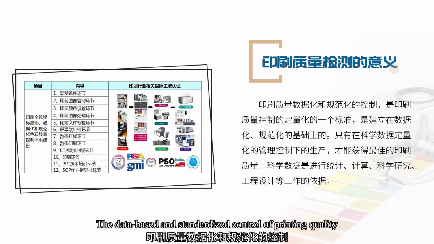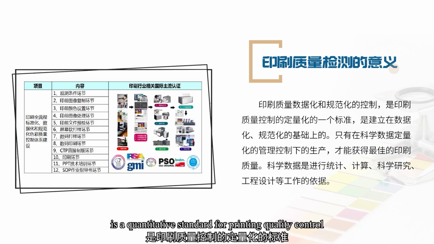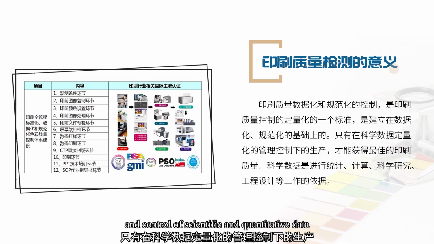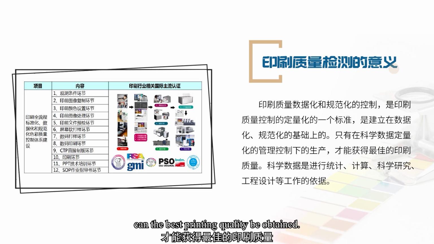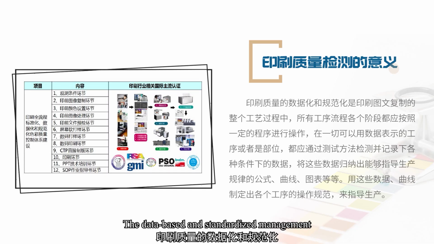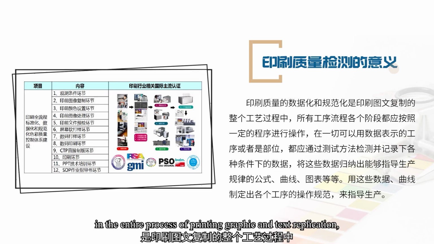The data-based and standardized control of printing quality is a quantitative standard for printing quality control, and is based on data-based and standardized management. Only through production under the management and control of scientific and quantitative data can the best printing quality be obtained. Scientific data is the basis for statistical, computational, scientific research, engineering design, and other work. The data-based and standardized management of printing quality means that in the entire process of printing graphic and text replication,